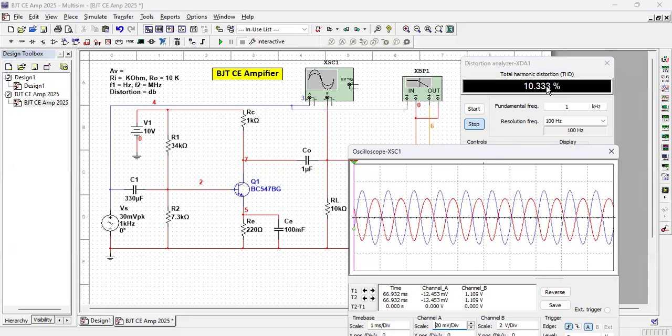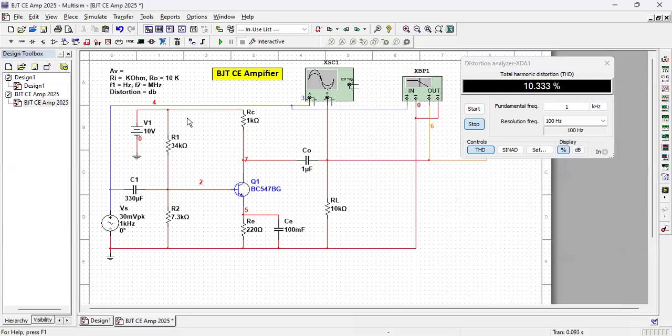And you have to specify that your distortion is less than 10%, and with that 10% distortion, your teacher should accept your design. Now the red waveform looks more or less acceptable. So what is the maximum input to this design? 30 millivolt zero to peak, that means 60 millivolt peak to peak. So we write here maximum input